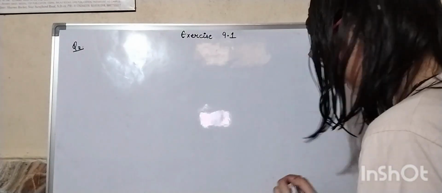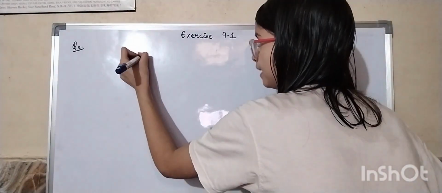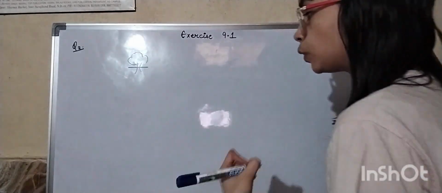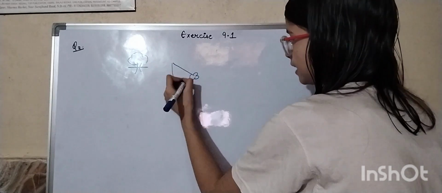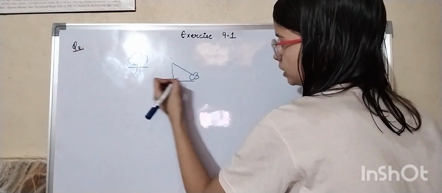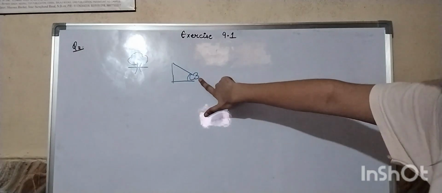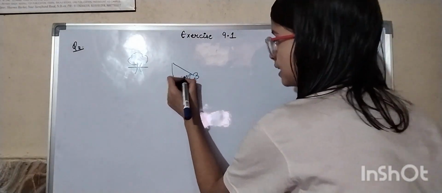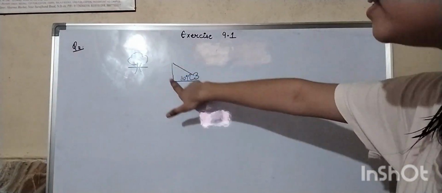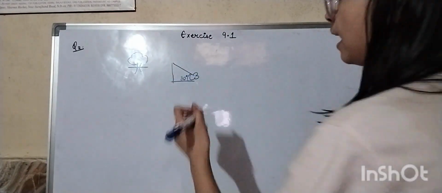क्वेश्चन नंबर 2 एक्सरसाइज 9.1। तो कहानी कुछ ऐसी चलती है। एक पेड़ है जो कि आंधी की वजह से बीच में से टूट जाता है और बीच में से टूटने के बाद वो पेड़ आधा नीचे लटक जाता है। उसके बाद क्वेश्चन बोलता है कि जो टूटा हुआ हिस्सा है, उसका टॉप वाला पार्ट जमीन के साथ 30 डिग्री का एंगल बना रहा है। एंड जो डिस्टेंस ट्री के बॉटम और टॉप में, जो दोनों ही ग्राउंड को टच कर रहे हैं, वो 8 मीटर है।